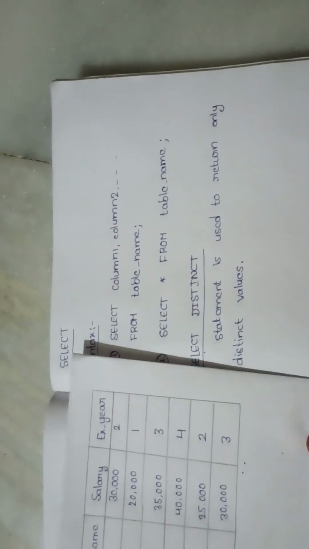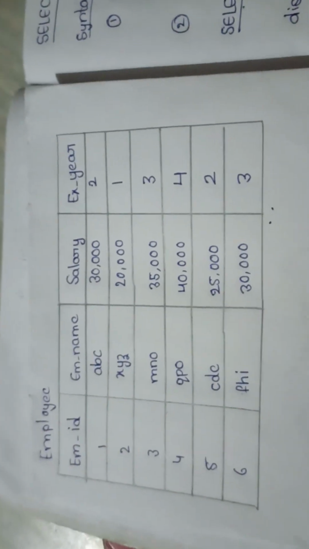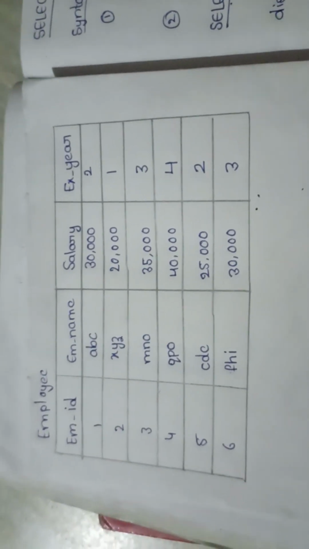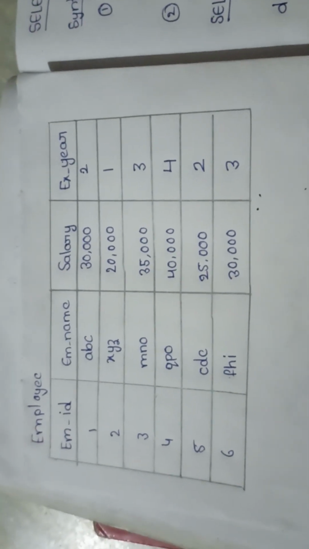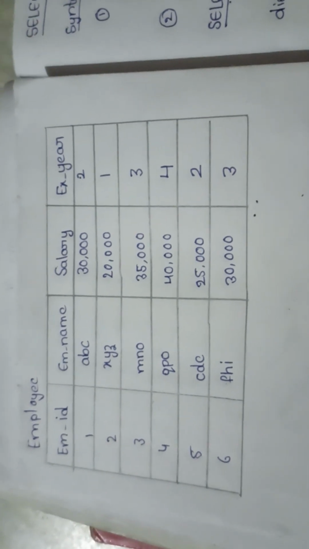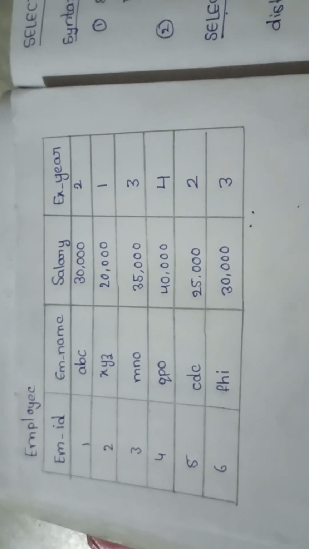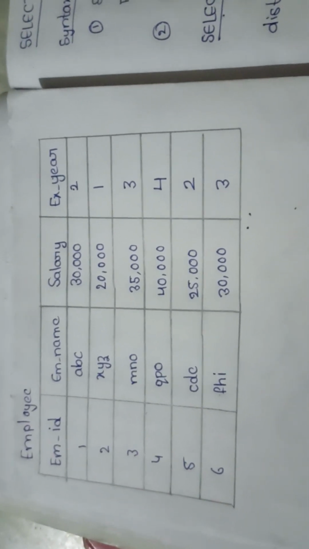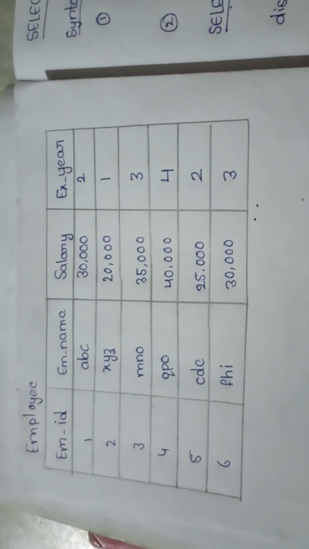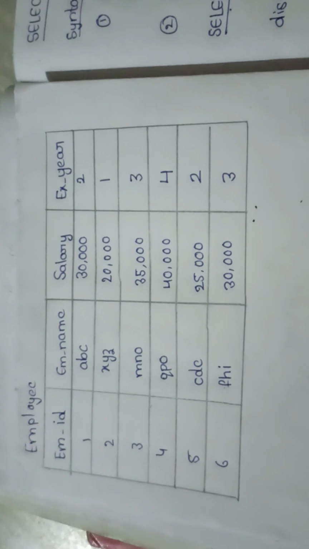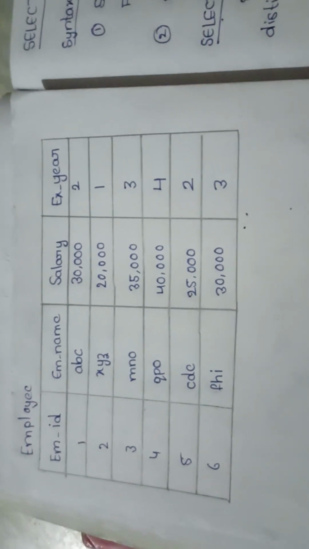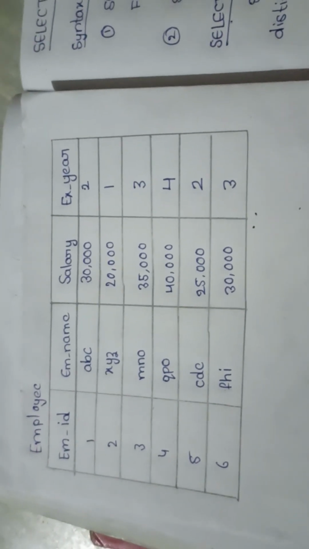Here is the table. The name of the table is employee, and we have columns employee ID, employee name, salary, experience. If we want to know only some columns, suppose employee ID and employee name, then the query we need to write is